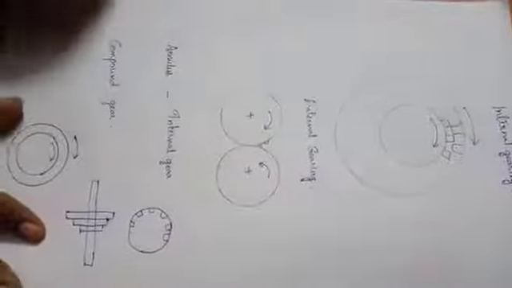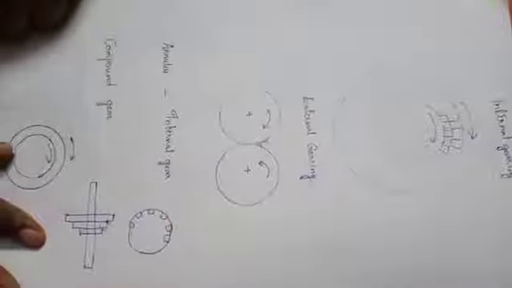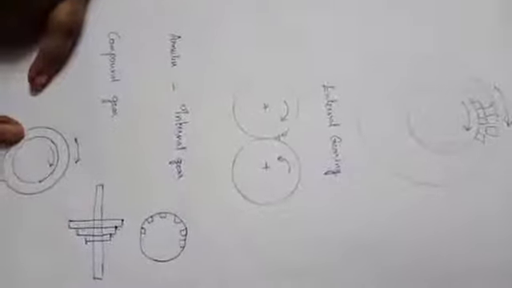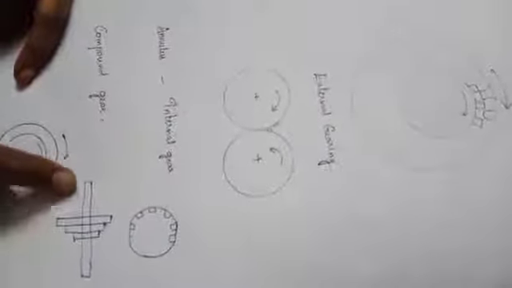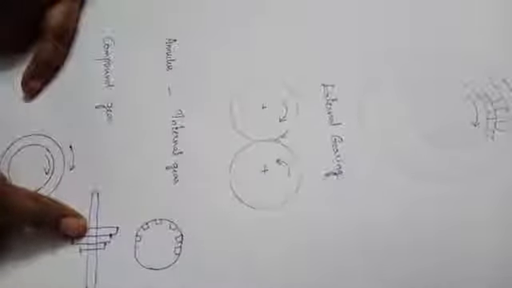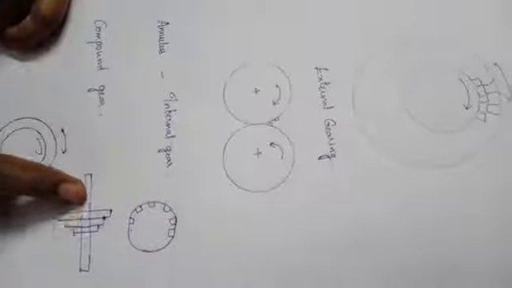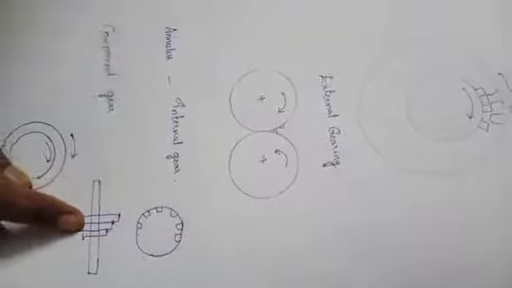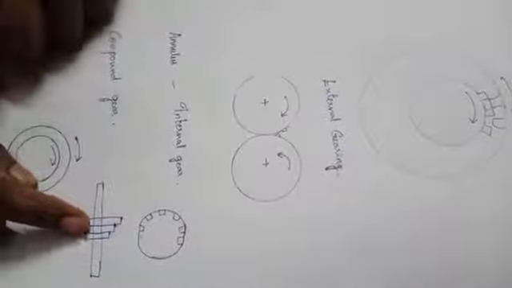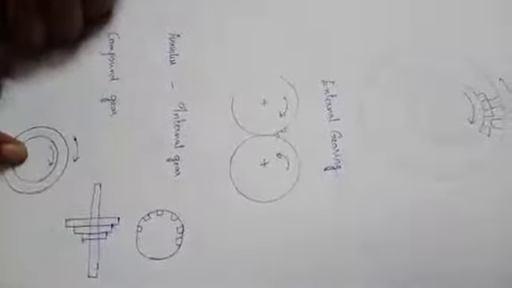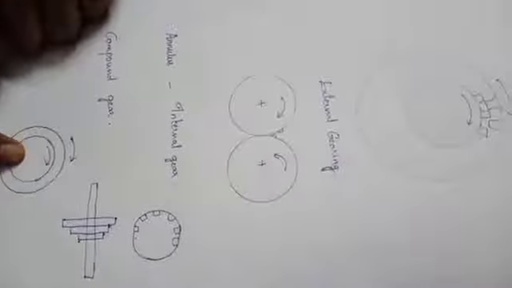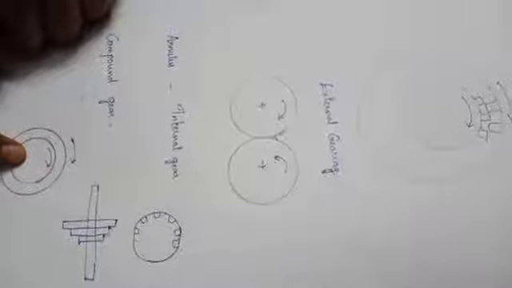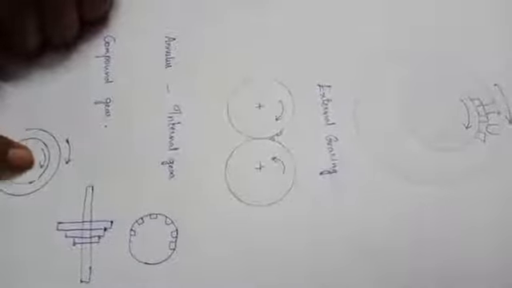And one more thing is compound gear. That is also one more type, compound gear. If you are seeing the side view, it comes like this. That means in a single axis you will get different gears with different numbers of teeth, so in a single axis you will get different gear ratios. In the side view you will get like this, and in the front view, almost 2 gears, compound gear only they will give in the problem. So you have to draw like this.